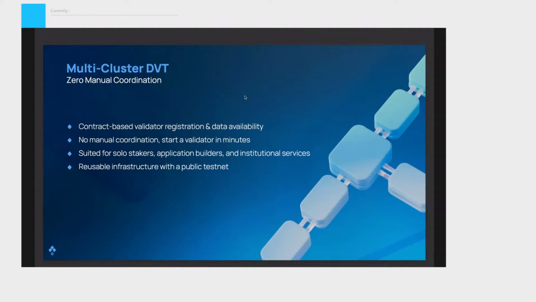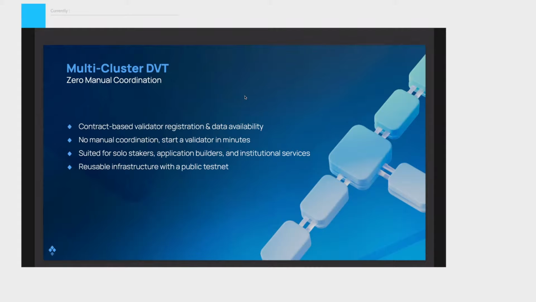And in that, there's a bunch of different things happening. So we're a contract-friendly and contract-based type of protocol with data availability on-chain. The DVT protocol we're developing really has no coordination built in it, so you can really run a validator in a few minutes. And one of the reasons why we did that is to enable projects like Friends and Stater